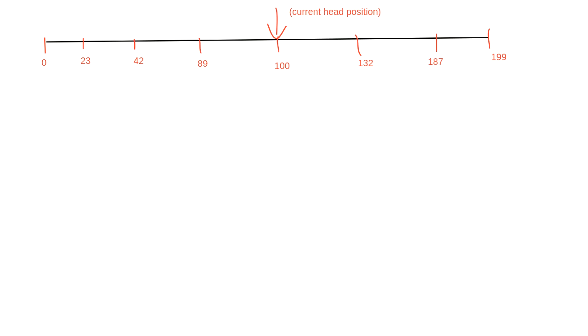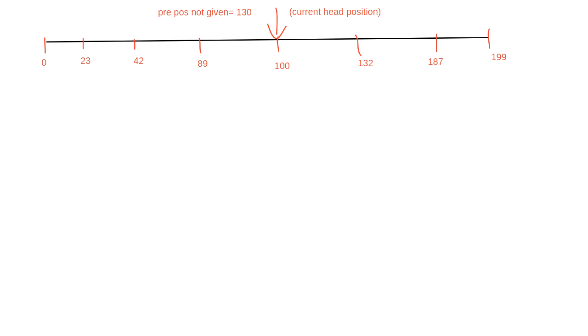If the previous position is 42, for example, and the current head position is 100, it means our read write head is moving from left to right, correct? Suppose the previous head position is 132, or 130, anything somewhere here, and the current head position is 100. It means your read write head is moving from right to left.